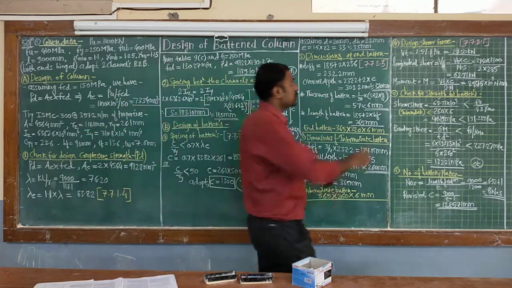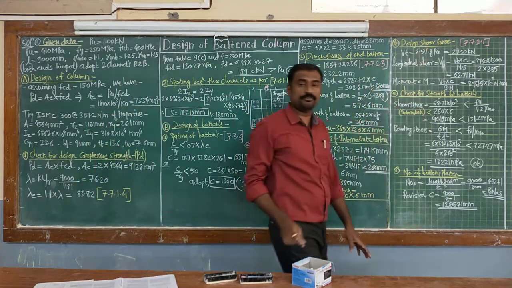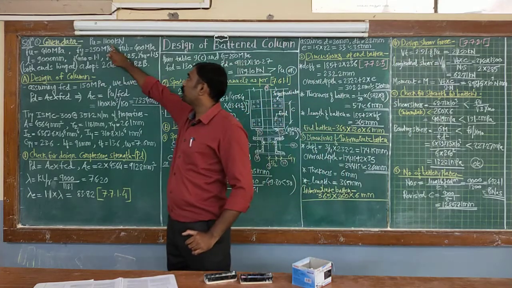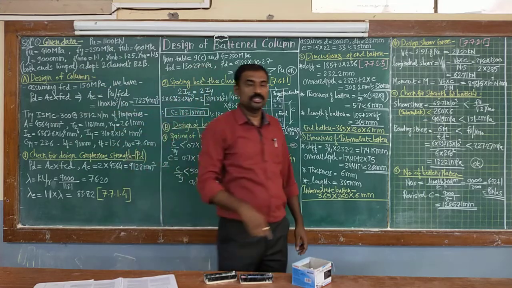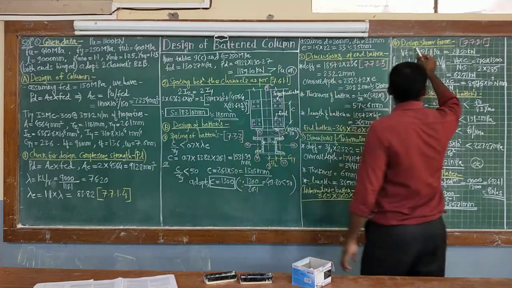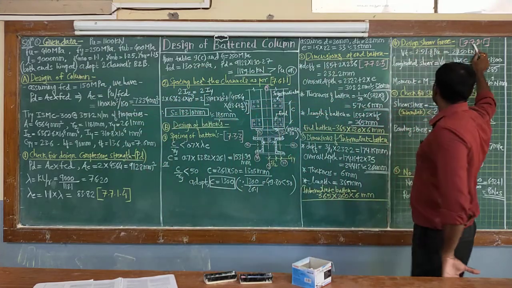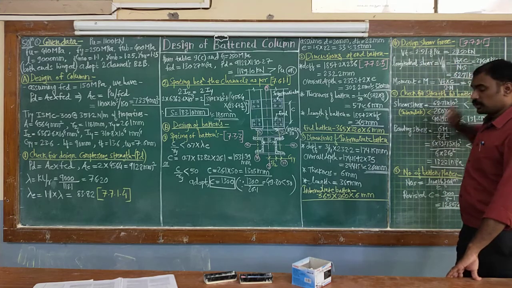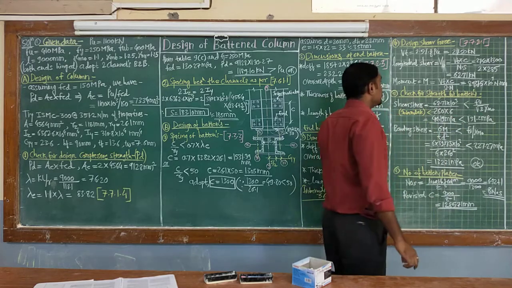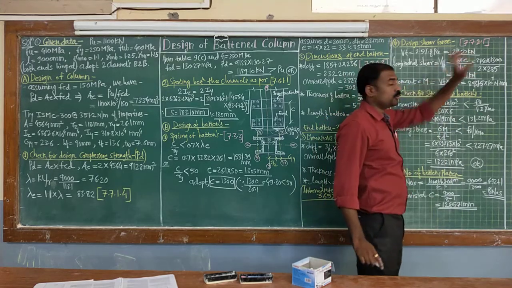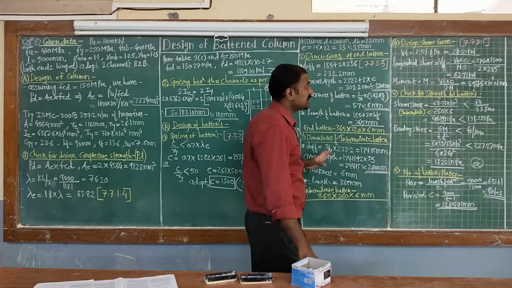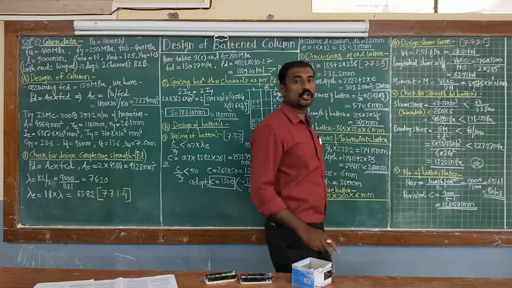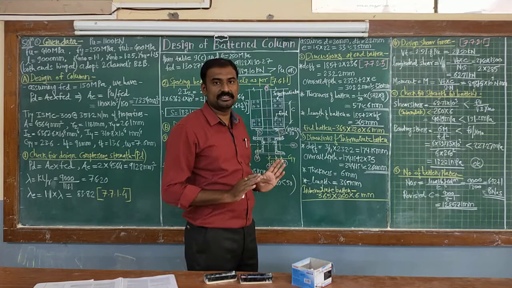Now next step is design of your shear force. Design shear force acting on your batten is 2.5% of your acting axial force 1100 kilonewton. So design shear force is, as per 7.7.2.1, Vt is equal to 2.5% of your total axial force Pu, and that is equal to 27.50 kilonewton. Now as these battens are subjected to shear force and moment, I am calculating those forces based on the number of planes of your batten.